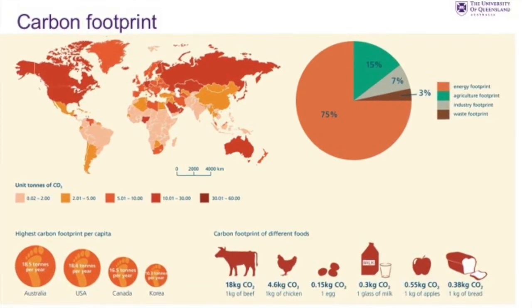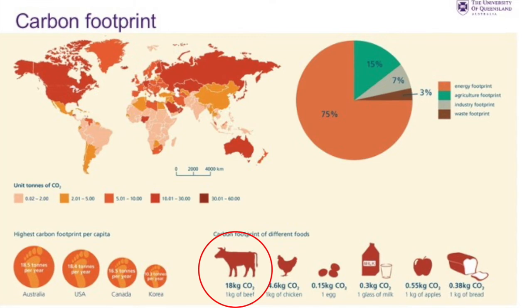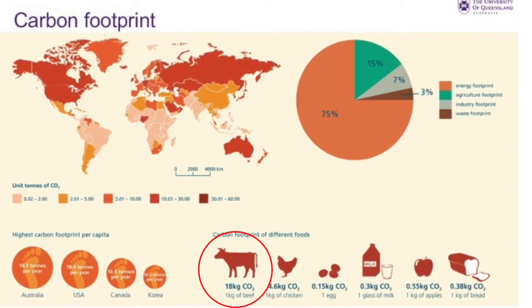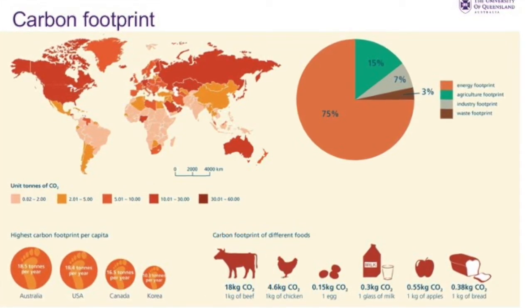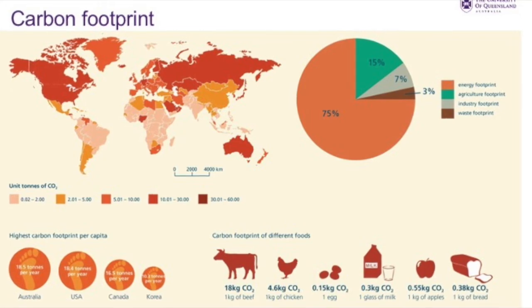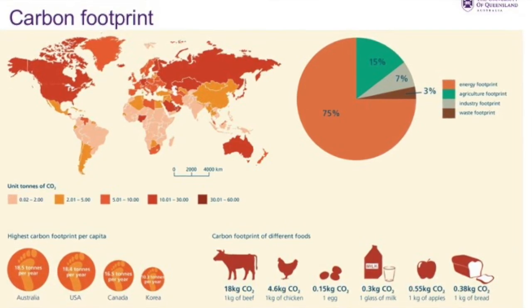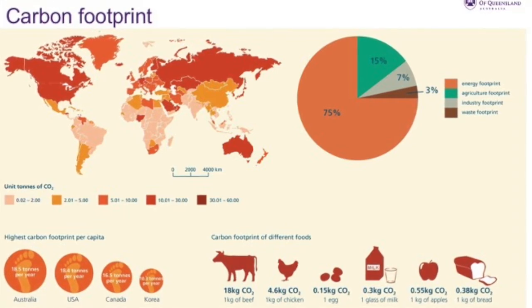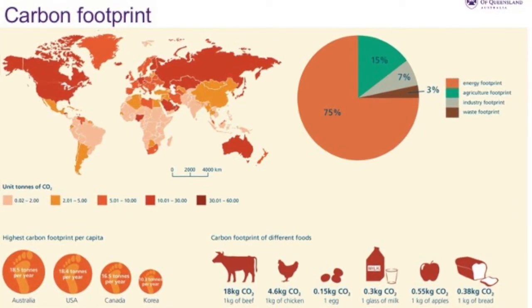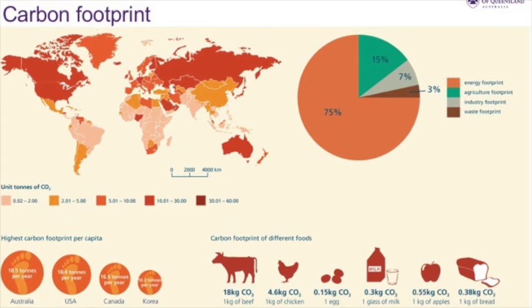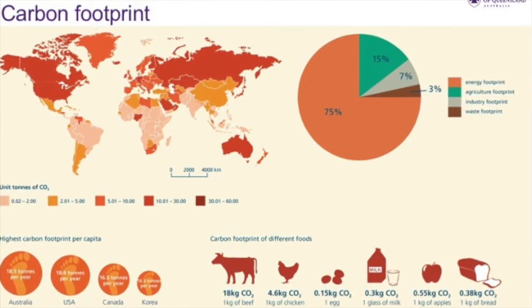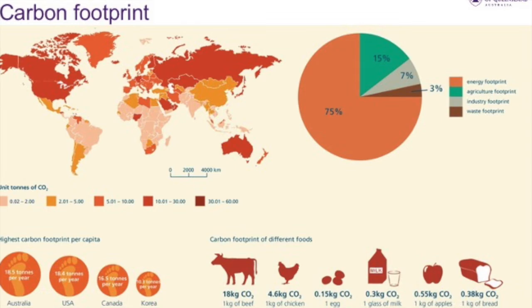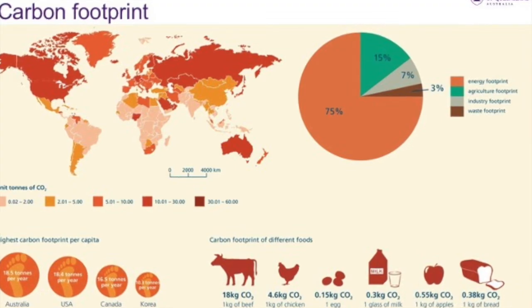So we have the leader on carbon emissions, which is the meat, the beef. Then we have also the amount of CO2 that is being emitted per kilogram of chicken, per egg, per glass of milk, even apples or bread. So we need these values in order to estimate the area that is needed for absorption of this CO2 or